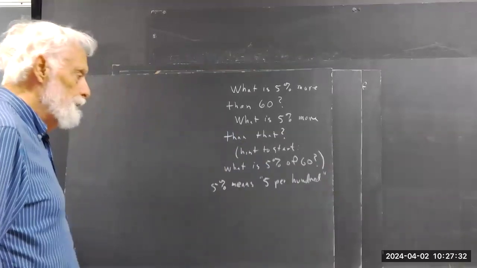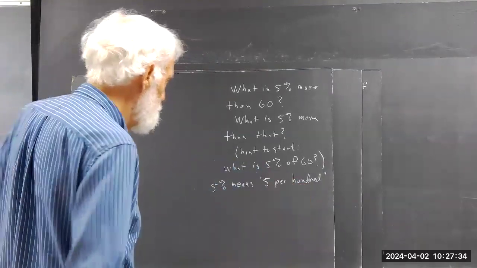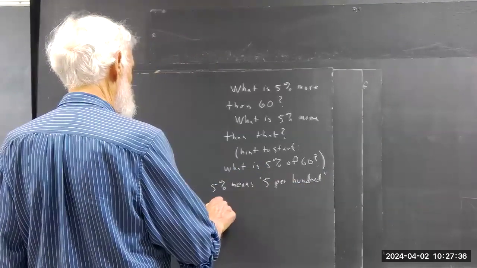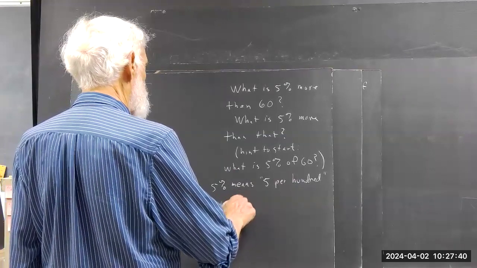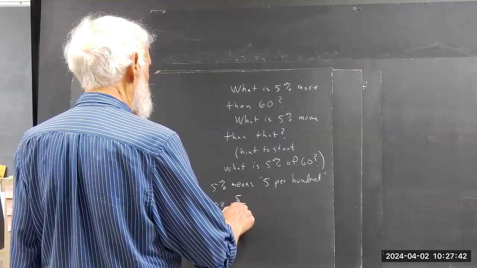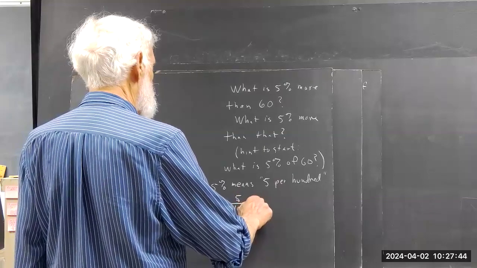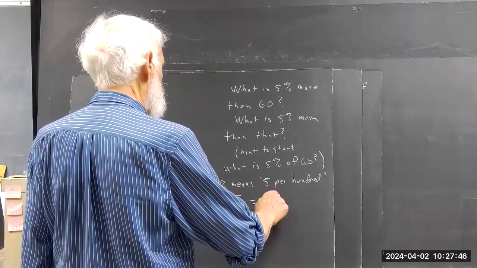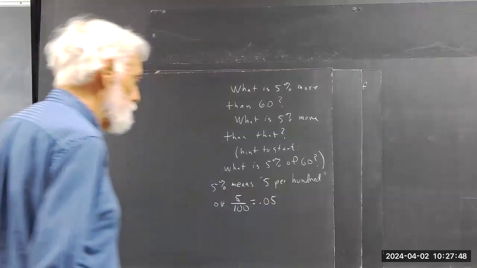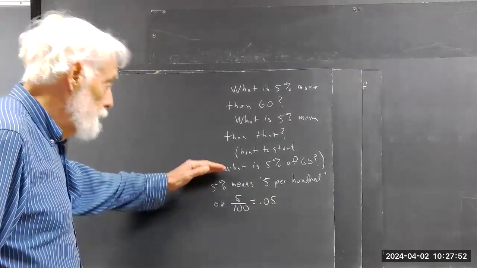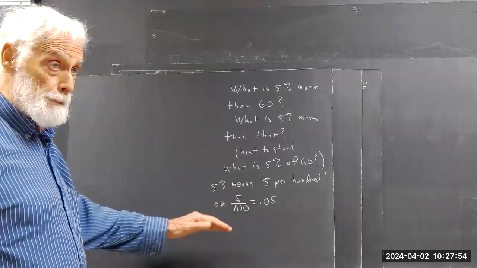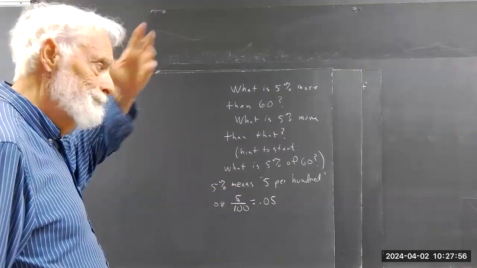Five percent means 5 per 100, or 5 divided by 100, which of course is 0.05. So you really need to understand this. Okay, now